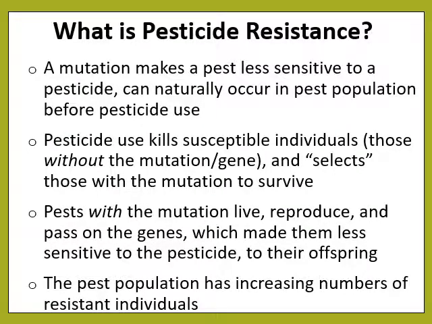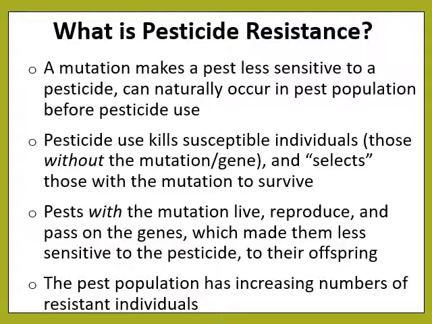This is based on a mutation generally in the target site gene or in a gene that can somehow provide a protection to the pest against the pesticide. And whatever this mutation is, it's genetic and it's making that pest less sensitive to the pesticide. These can naturally occur in the populations before the pesticide is ever used. So you know the pesticide is going to kill susceptible individuals, those that have the sensitive allele and don't have the mutation, and it will select those that have the mutation to survive. So those that have the mutation reproduce, pass on the genes, and then that gene, that allele, increases in